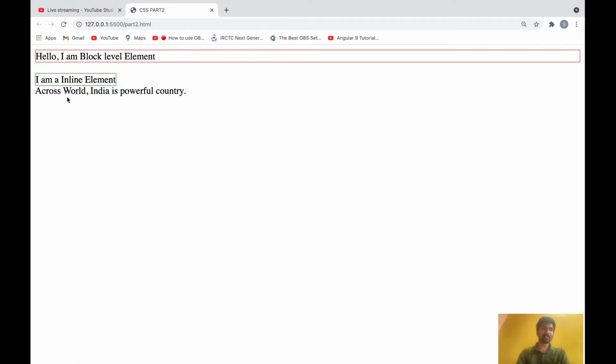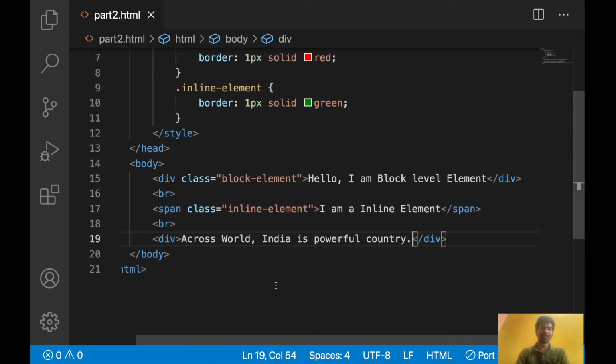See, it is coming. Now I want to highlight this India in some different color. So I will keep this India in an inline element. For example, I move this inside a span, whatever text I want to highlight.